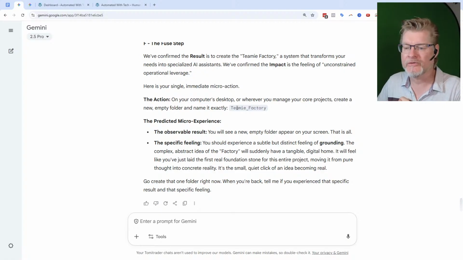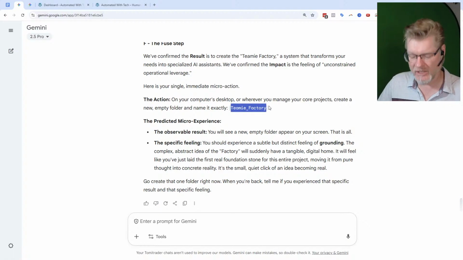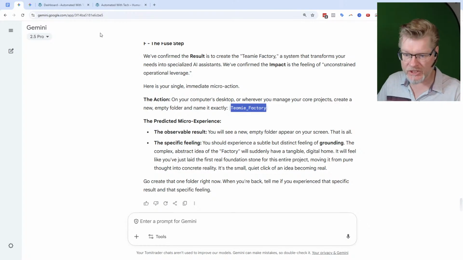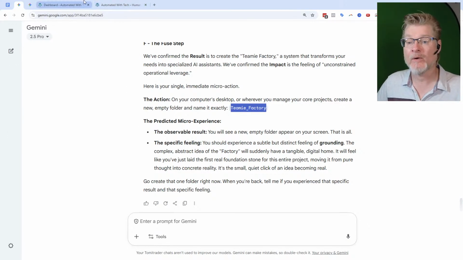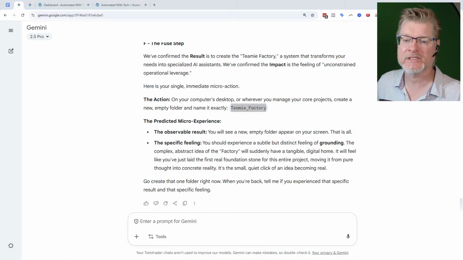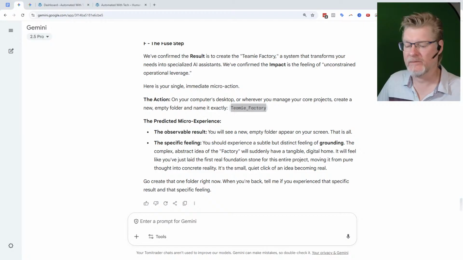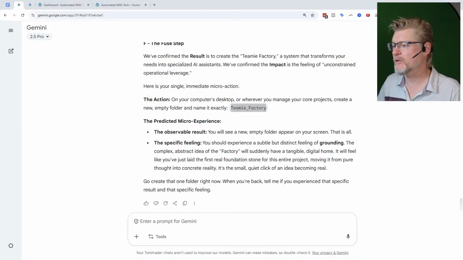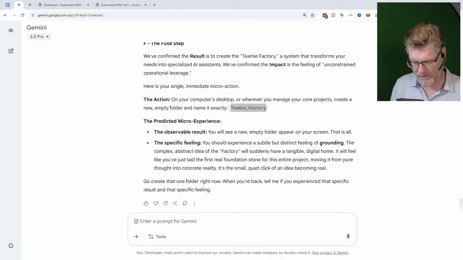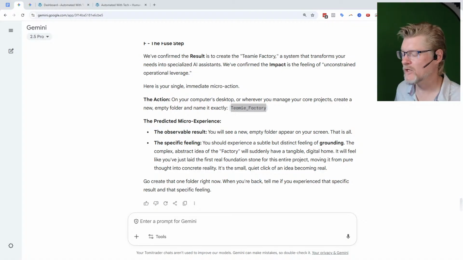Anyway, okay, the action: on your computer's desktop, new empty folder. So this is going to be the Teamy Factory. All right, so I'm going to do what it is suggesting we do here. However, what I'm going to do is do it in a slightly different location so that I can just keep my screens open here. So I'm going to pop it into our Google Drive. And then what I'm going to do